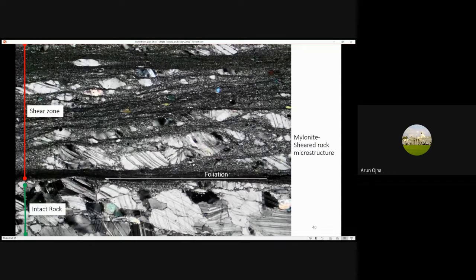And these kinds of rocks found within the shear zones are called mylonite, which literally means rocks formed in a grinding mill. That means rocks have suffered a considerable amount of grinding. So we can see in this photograph the grinding of the rocks within these shear zones. We can see in the intact zone the grains are of bigger size